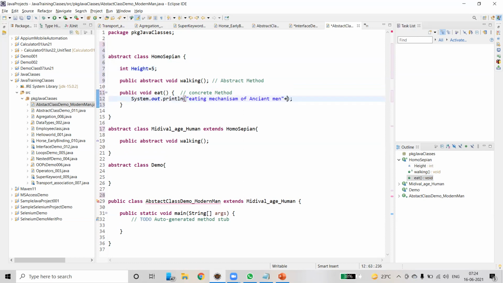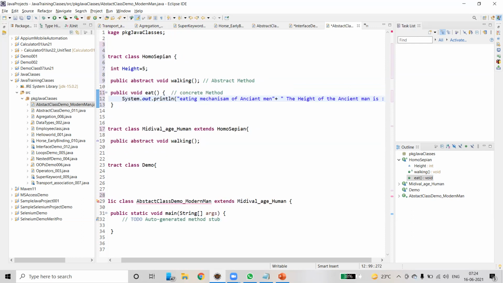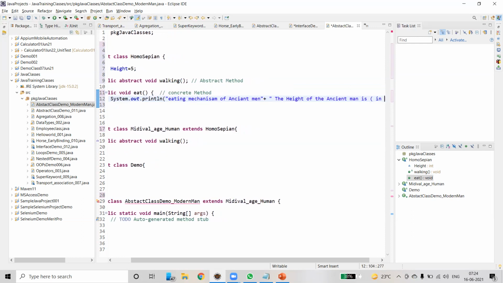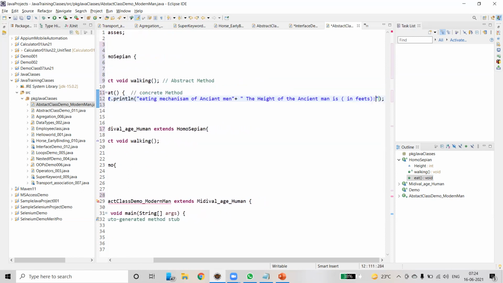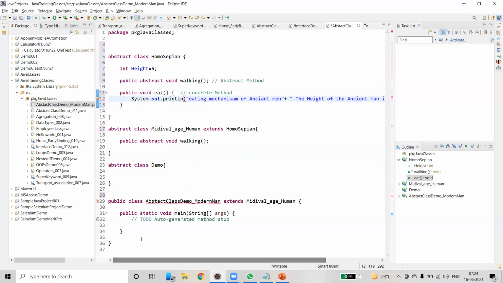Plus the height of the ancient man is in feet, plus height.